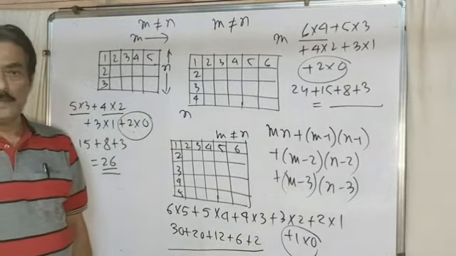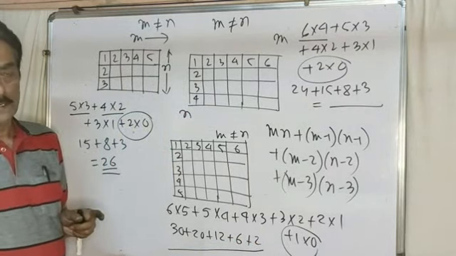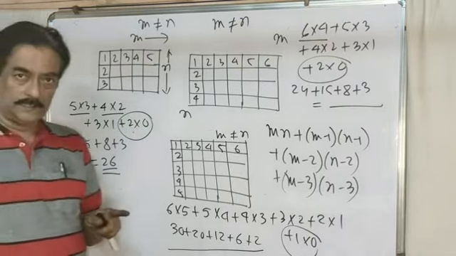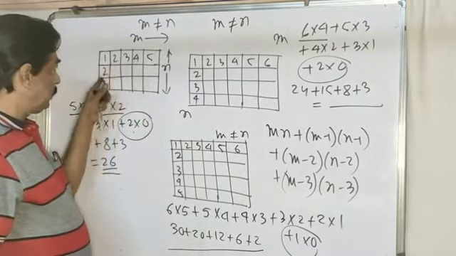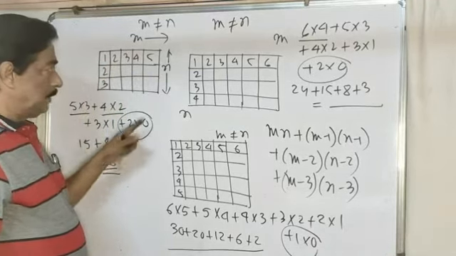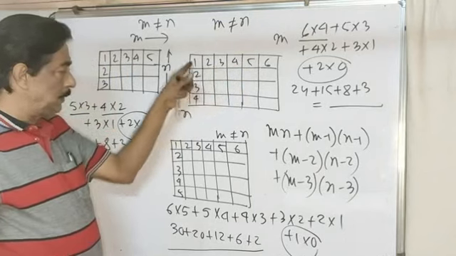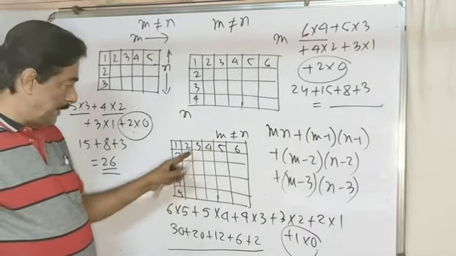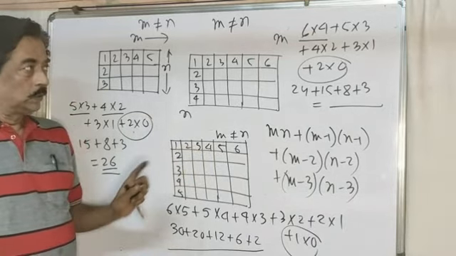Be very, very careful about that problem where M not equal to N, and you have to find the formula for how many squares are in the figure. Only a square is to be treated as a square. Then consider 5 into 3, then 4 into 2, then 3 into 1, then 0. 6 into 4, then 5 into 3, then 4 into 2, then 3 into 1. 6 into 5, 5 into 4, 4 into 3, 3 into 2, 2 into 1. Complete.